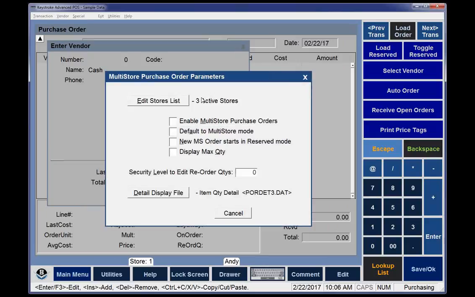So I'm back to the list of stores. I just clicked on that edit list of stores. I'm not going to change anything now. First step you have to do to turn all this on is turn on the button that says Enable Multi-Store Purchase Orders. The stores that do this,